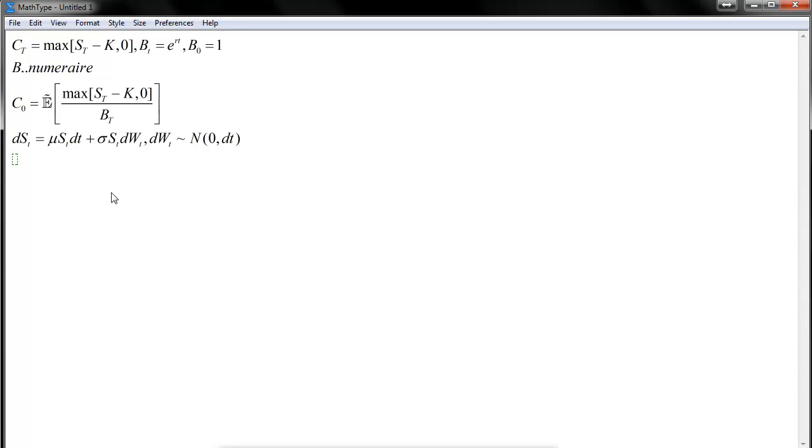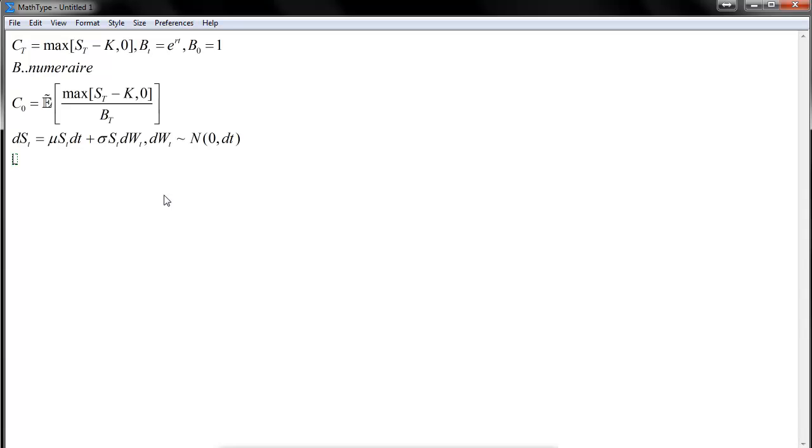The risk neutral valuation is based on martingales. Martingale is a process that is without drift. It has drift equal to 0. Okay, and we somehow need to make the relative price of the stock with respect to the dynamics of B